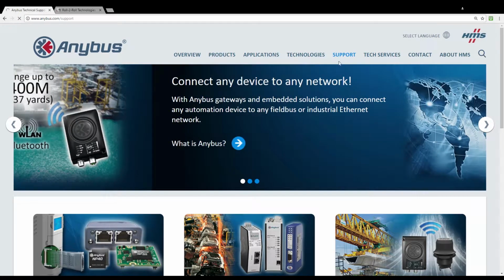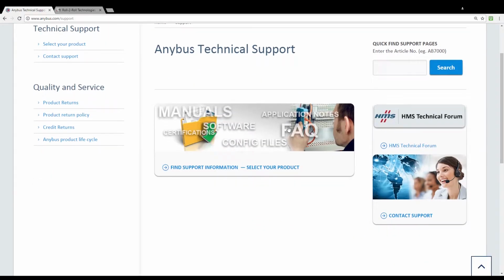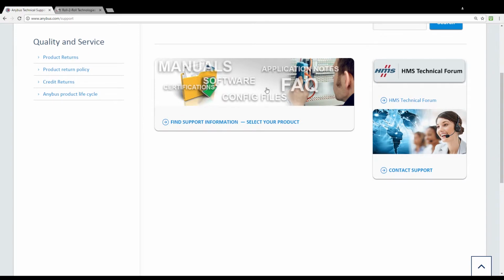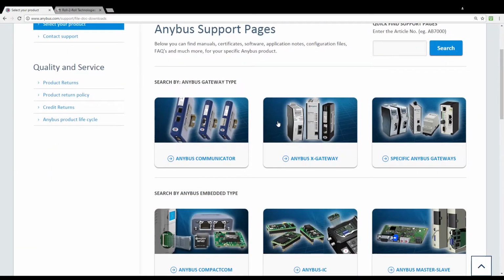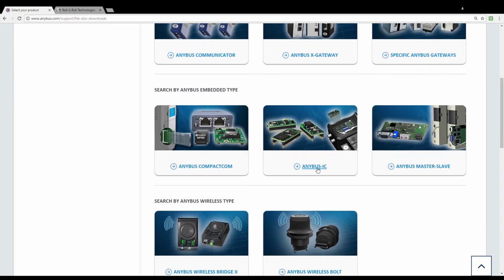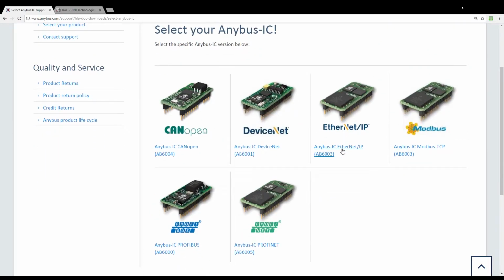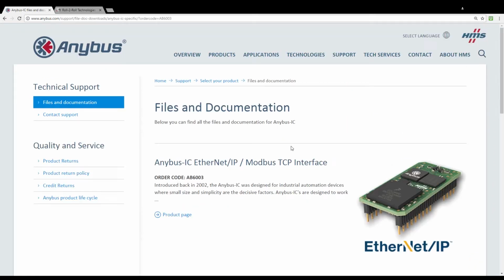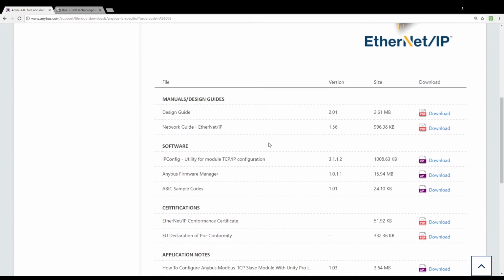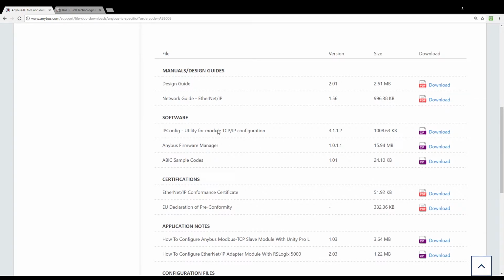So we hit the support tab, and then we go to the select your product icon. And from the select your product icon, you go to the Anybus IC icon, and you click on it, and then you go to the Ethernet IP. And here you have a list of software. So you're going to download, in the software section, the one that says IP configuration utility for module TCP IP configuration. Now, you go through the whole process of downloading